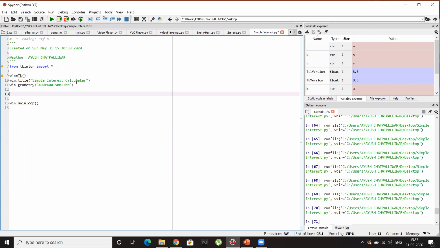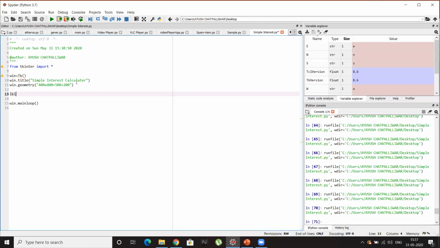So let's build a label for the heading. Since I'm using a label, I'll be using a prefix for every attribute that I use in the GUI. For every attribute, there will be a specific prefix. Since it is a label, my prefix here will be lbl.